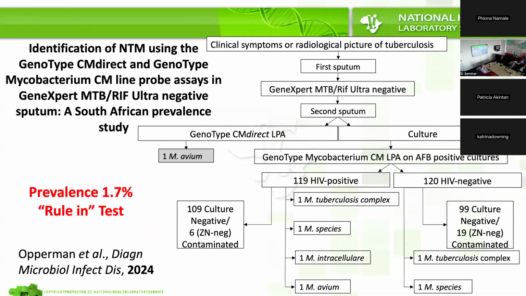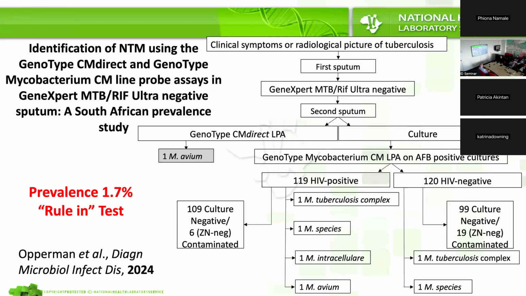And then I got hold of a CM direct test. All of the CM and AS line probe assays that we do, as the microbiologists would know, we do from clinical cultures. But there's a CM direct which can be done directly from the sputum sample, although it's not available in the NHLS domain yet. So that gives us the opportunity, if you already have your first culture confirmed, to do it directly on the second sputum sample and, in a day or two, confirm your identification of the organism. It's a great rule-in test, but obviously in most of the clinical cases, we still want the culture